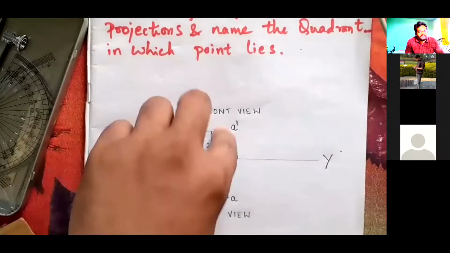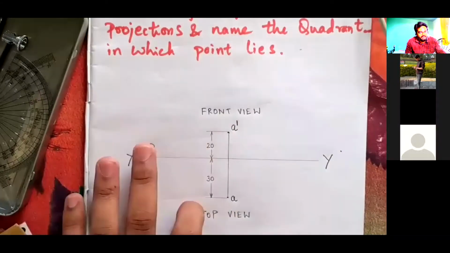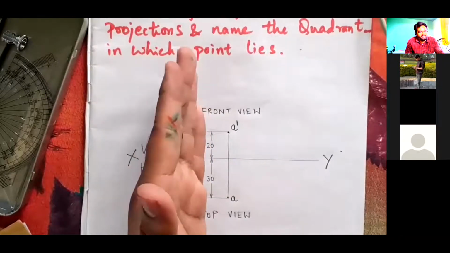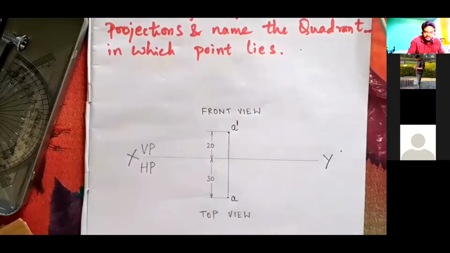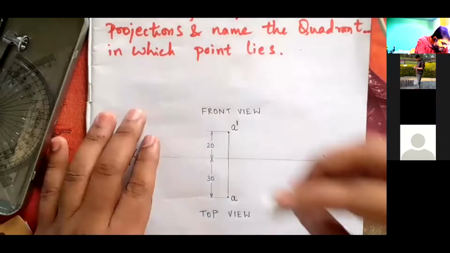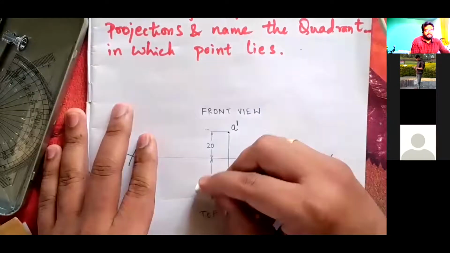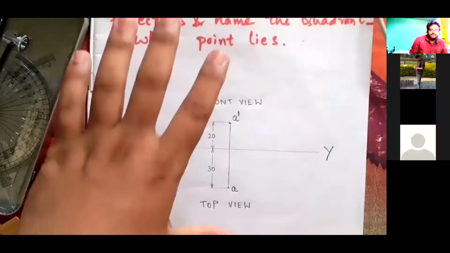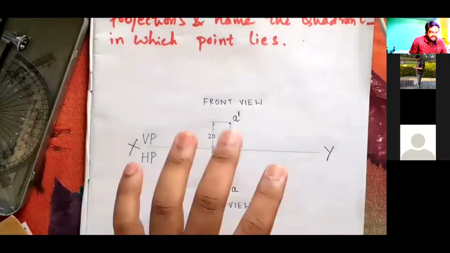Use the extension lines properly. If you are drawing this dimension line, this line should be 10 mm, one box gap. The 10 mm distance must be there between this dimension or towards the right. No problem. If you have a very good eraser, just erase this at the end and make the drawing neat. That is more than enough. The front view and top view annotations are done. A dash A is done.